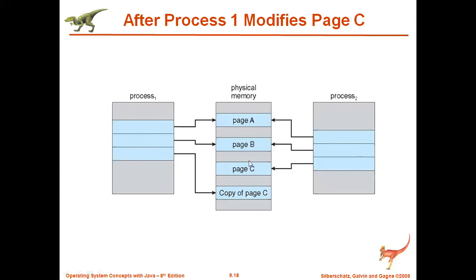If they are not modifying anything, then the same pages will be accessed. If they want to modify, then a copy of the particular page will be made. For example, if process 2 wants to modify something in page A, then a copy of page A will be created and given to process 2. If process 1 wants to modify page B, a copy of page B will be created and given to process 1. Whenever they want to modify, only then is a copy of that particular page created. Otherwise, the same pages are shared between multiple processes, because both processes have the same task, so they can share the same pages.